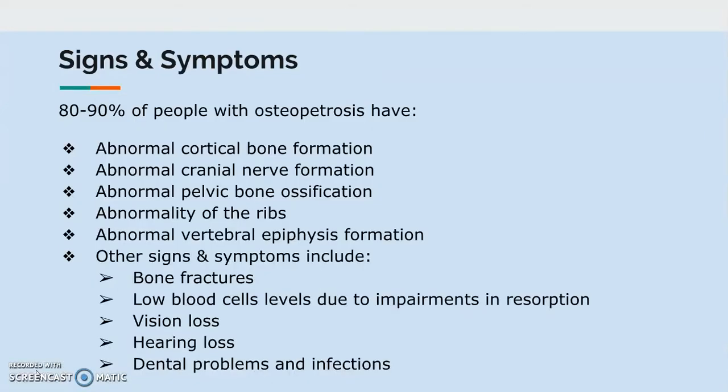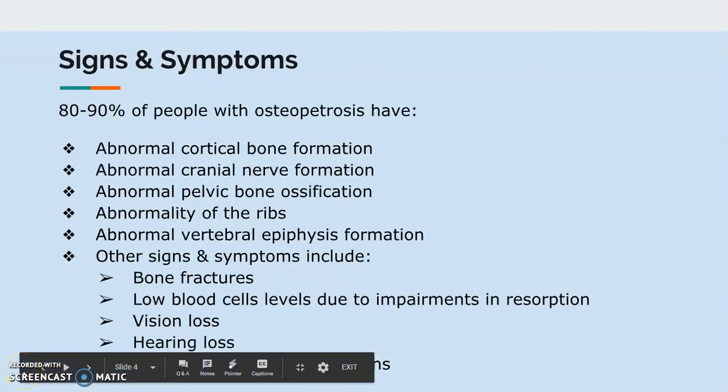All right, this is Faith Morris. These are the signs and symptoms. 80 to 90% of people with osteopetrosis have abnormal cortical bone formation, abnormal cranial nerve formation, abnormal pelvic bone ossification,